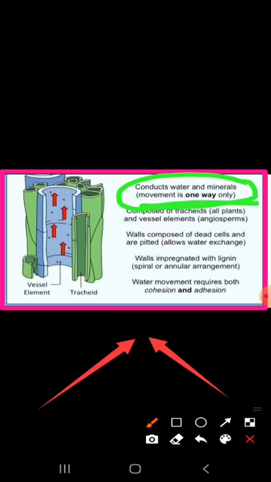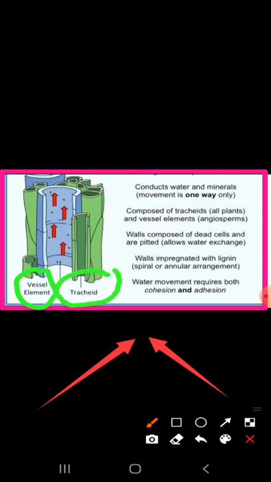So first of all, we will take the xylem vessel. A xylem vessel is not one cell but a series of cells that are joined from end to end to form a long tube. That is your xylem vessel. Then comes tracheids. Tracheids are usually long and narrow cells that taper at the ends. Taper at the ends means the ends are pointed like this. This is known as taper ends.